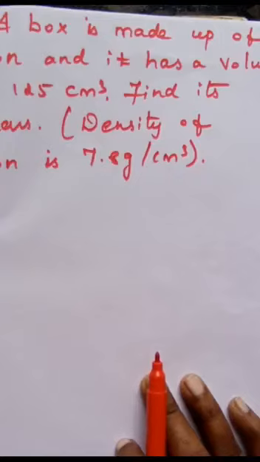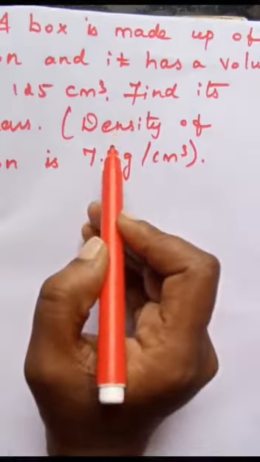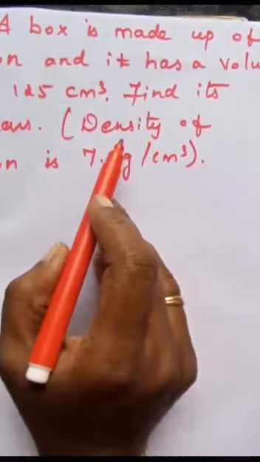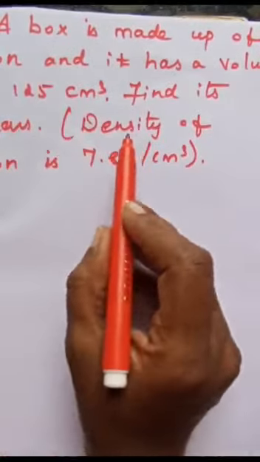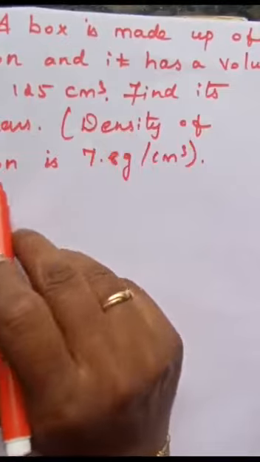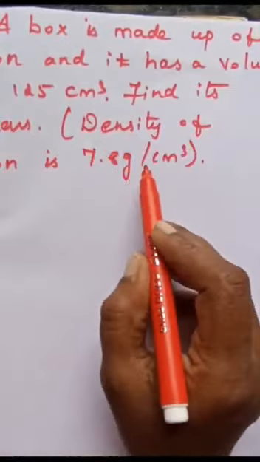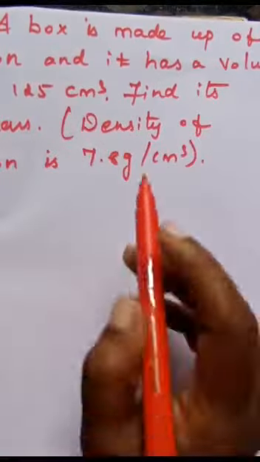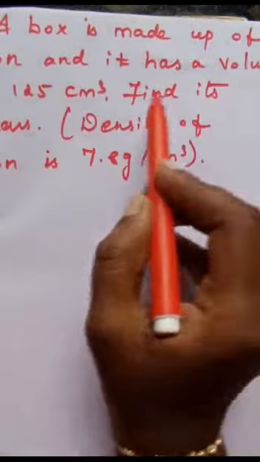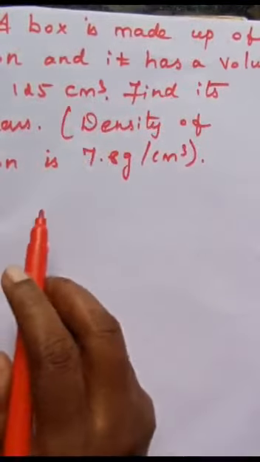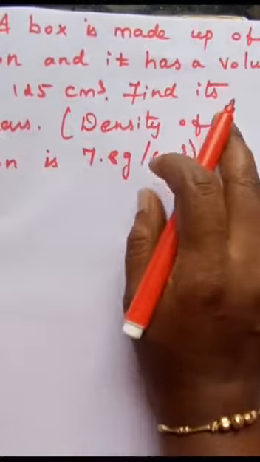These are all the constant values. While you are solving a problem, in the question itself, they will give this constant value. The constant value for the density of iron is 7.8 gram per centimeter cube. But in our question, the volume is given in centimeter cube, and what we are going to find is mass.